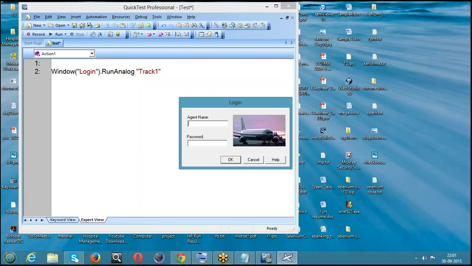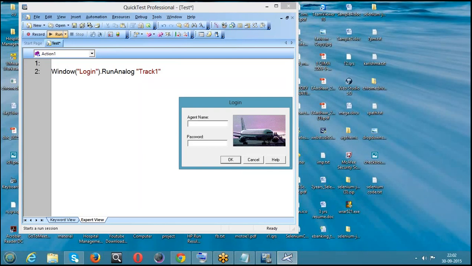It records in terms of tracks. So it will give you a single line. It will not display multiple lines, as it does in standard recording. For the standard recording, for each operation you try to do, it will give you a separate line. But here it will not give you a separate line. From record to stop, it will give you a single line only. Yes, it records in terms of tracks actually.